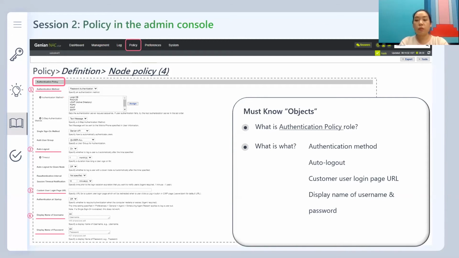The third one is the custom user login page URL. To get the ID and password, the devices should land on some page, especially sign up, right? We call this CWP. Genian provides two types of page for it. The first one is, by default, the Genian style of the standard CWP page. Or you can create your own page with your company logo or some customizing comment in the page. So if you want to use the latter one, you have to fill out the URL information in the